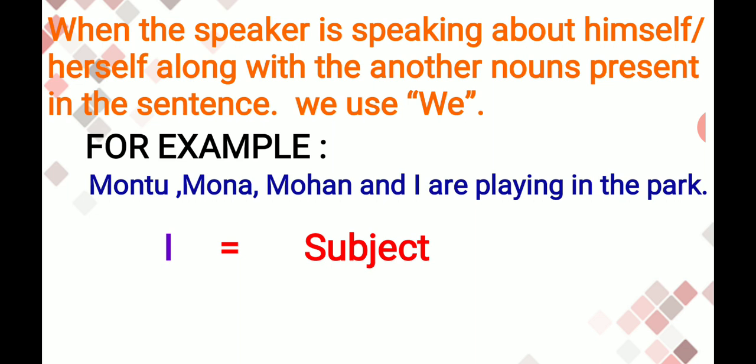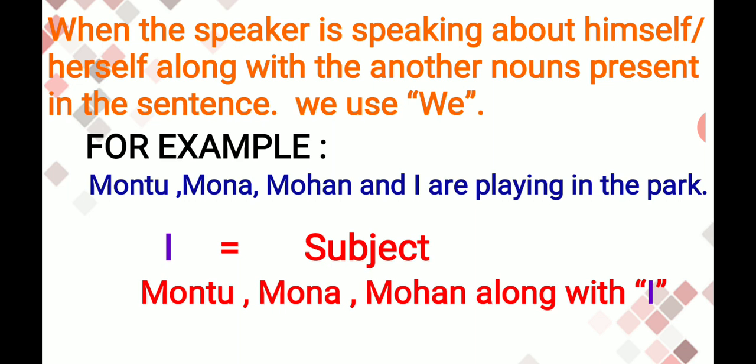Let's see what we use. First, what is the subject? I, because I is the speaker of the sentence. Montu, Mona, Mohan along with I. They are with I. They are playing with I. So, with I. Just remember, whenever I is already there in the sentence and you have to write the